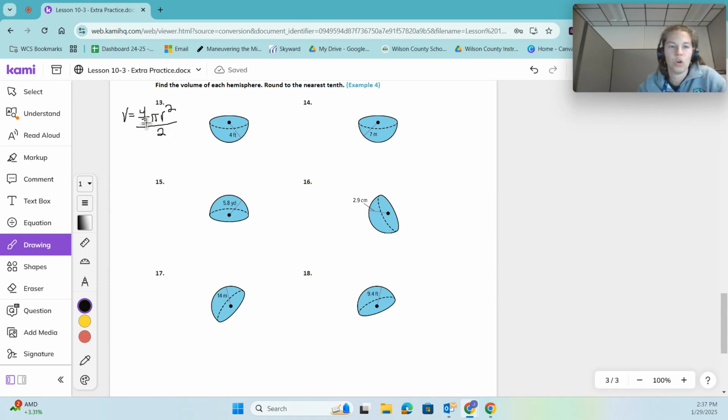You figure it out just like normal, and then you divide it by 2 at the end. So if my radius is 4 here, I do my 4/3 times 4 cubed times pi, because this one says round to the nearest tenth, and then you take that number and divide it by 2, and I get my volume is approximately equal to